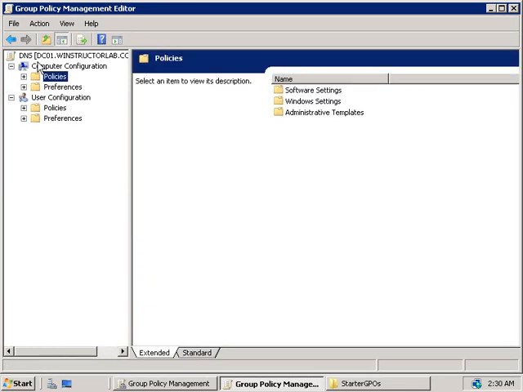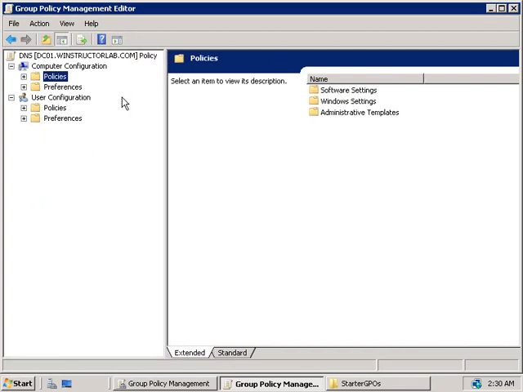Now firstly, at the top of our policy, on the left hand side here, we can see the object that we're currently editing, which is our DNS policy that's attached to our domain controller DC01. Now underneath our policy name we have two containers. We have a computer configuration and user configuration container. The computer configuration contains the settings to set policies that apply to computers,